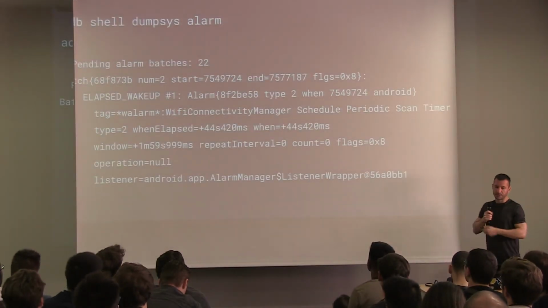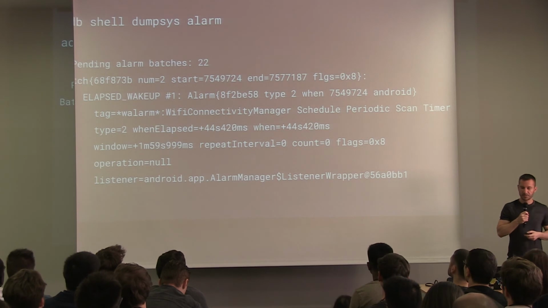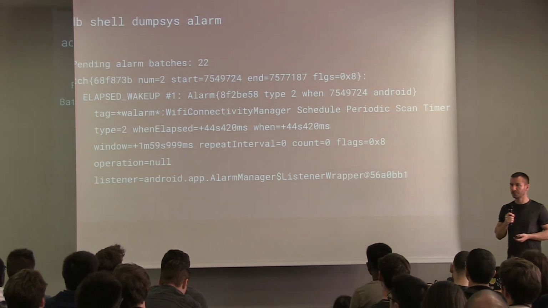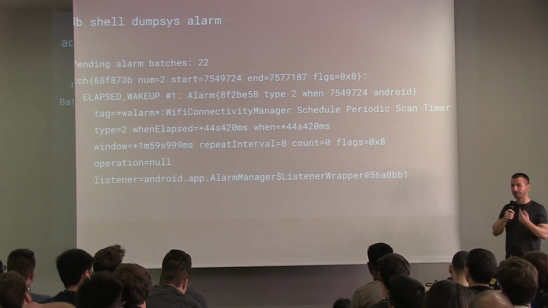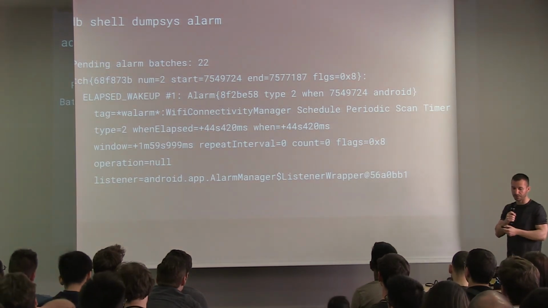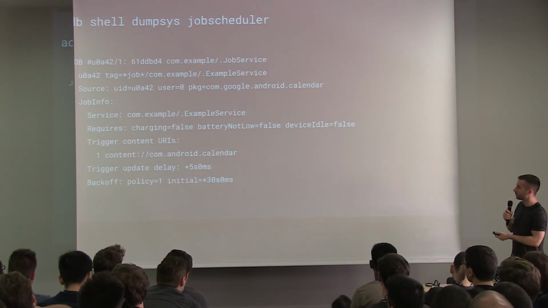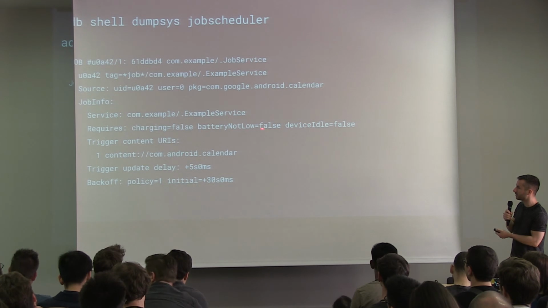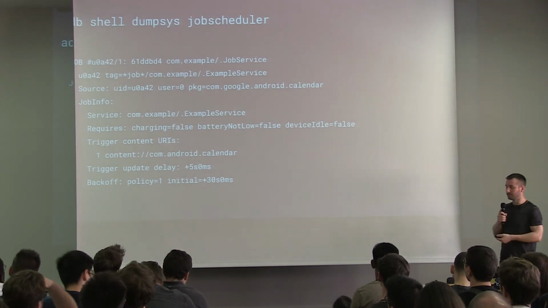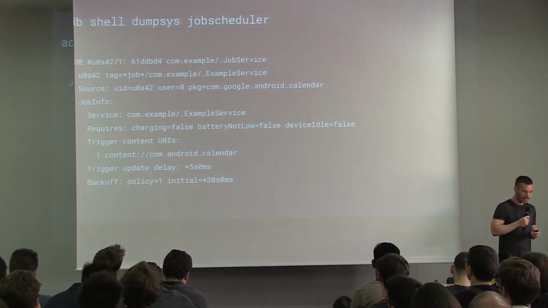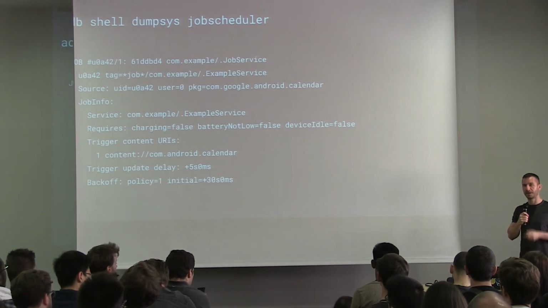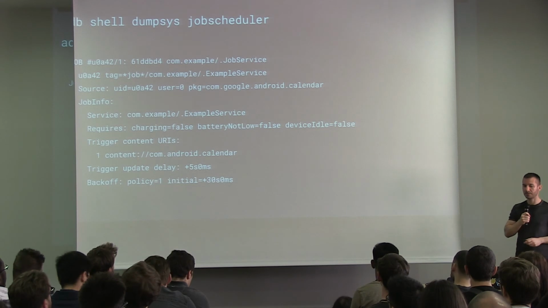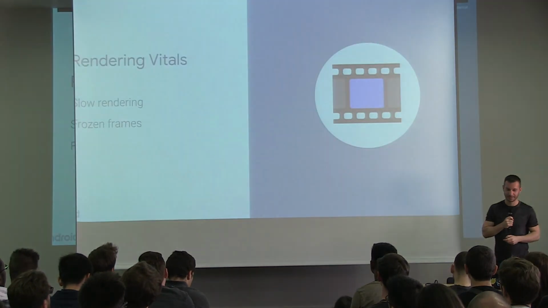And then there's, again, low-level system commands. So you can dumpsys your alarms. If you're using Alarm Manager, you will know what you have scheduled, and you can debug if you have too many alarms or they're running too often. And then there's one for Job Scheduler, which will list all the jobs that you have, including the criteria, such as charging false and battery not low and other things, and how often they run. And again, I know this is not ideal. This is like the last resort. And again, we are making it better, but I have nothing to announce yet.